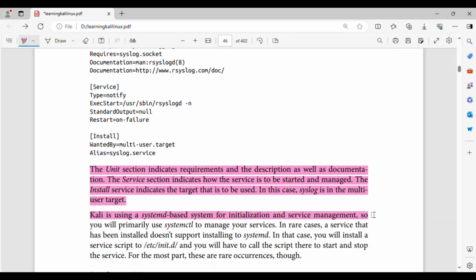Kali is using a systemd-based system for initialization and service management, so you will primarily use systemd to manage your services. In rare cases, a service that has been installed doesn't support installing to systemd. In that case, you will install a service script to /etc/init.d/ and you will have to call the script there to start and stop the service. For the most part, these are rare occurrences,